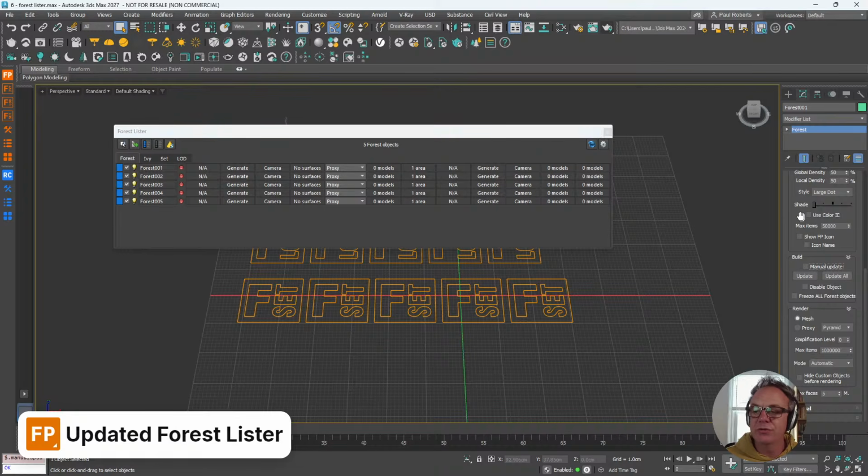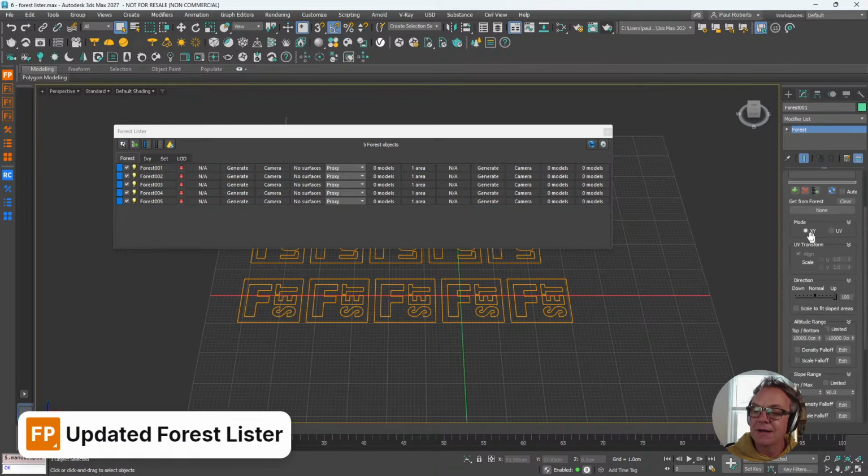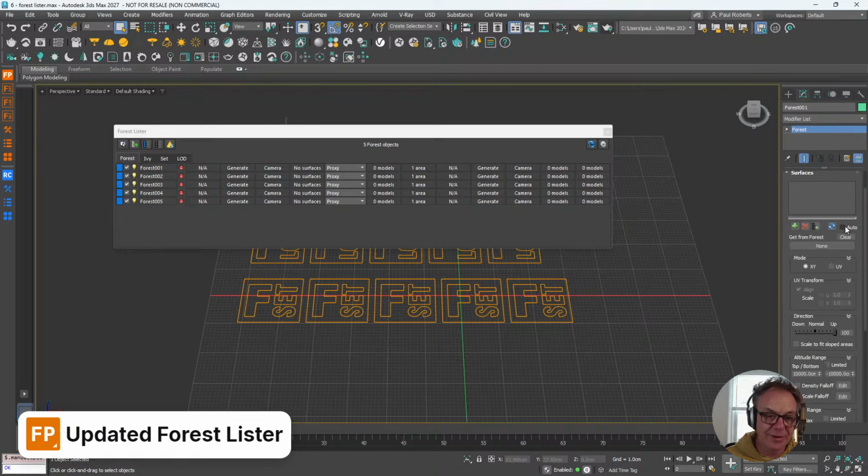It's also true you might want to do that if, for example, you've got surfaces applied, but you haven't turned on auto update. Even if you had auto update on, you edit a surface, the ForestPack object won't necessarily update until maybe you hit render or something like that, but you can come in here, click this button, select all the ForestPack objects or the ones you want to select, and then hit this button to